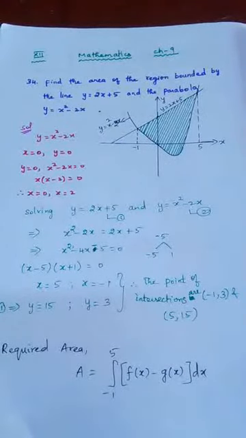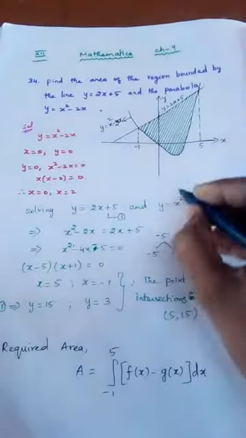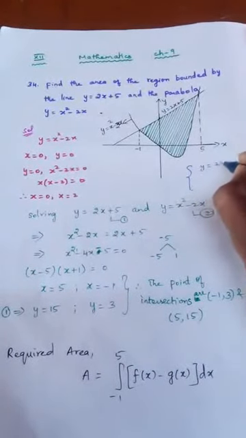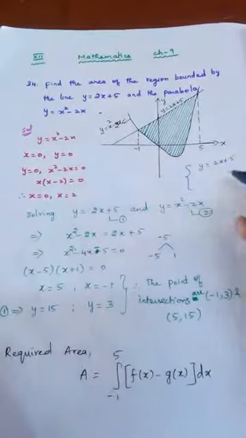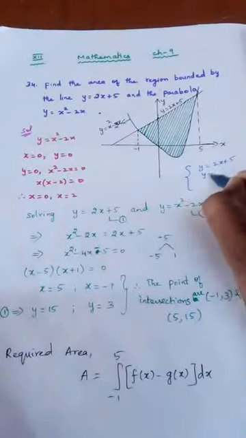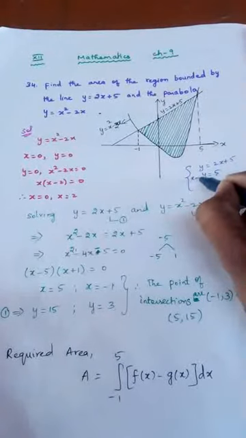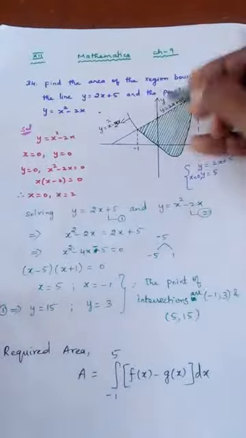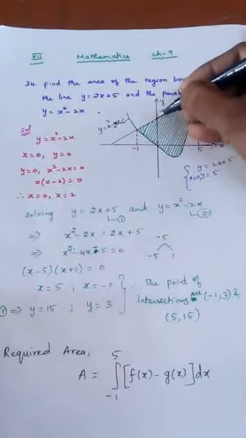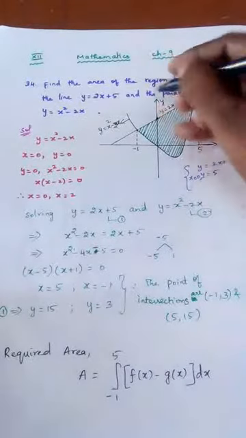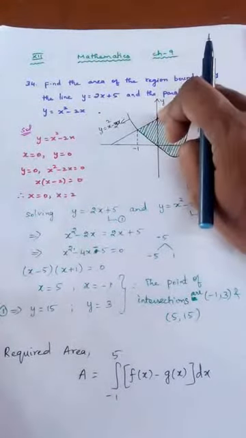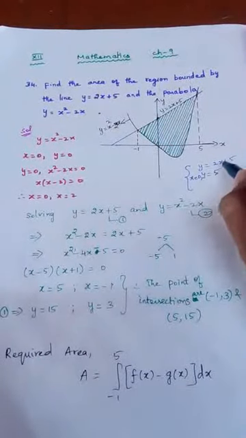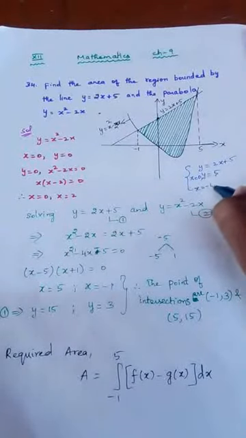First we will try to draw the straight line, and first, in the rough column, we will do this. This is the equation that we have to draw: y is equal to 2x plus 5. Put x is equal to 0. What happens here? y becomes 5. If x is equal to 0, y is equal to 5, so 0 comma 5 is 1 point. You plot that point first: 0 here, y axis 5. So this is the point 0 comma 5, and I am plotting this point first. Next, I can substitute some other value. For example, if I put x is equal to minus 1, what happens?